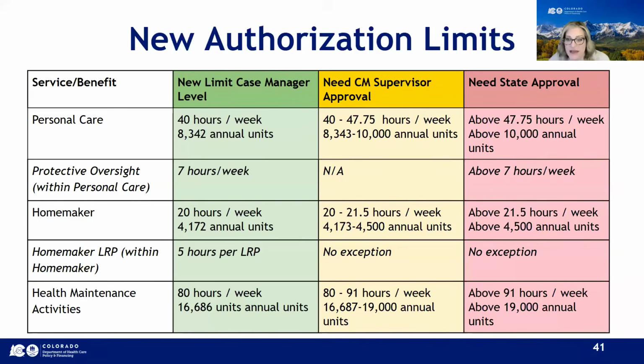Notice here as well that the hours are listed per week. In previous slides, we were giving you that estimate per day, what that would look like, just to give you context of what that means when we're translating units to hours, to days, to weeks. Here they are listed in weeks, and that's going to help you align a little bit better with your PAR. We're going to look closer at the exceptions process now and how the direct care service calculator can inform you about which step you need to take. We'll revisit this table later once we've discussed the process.